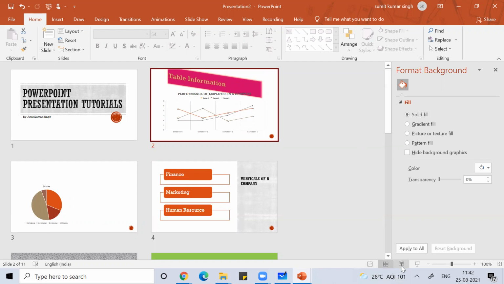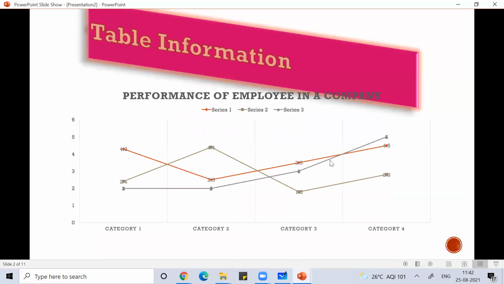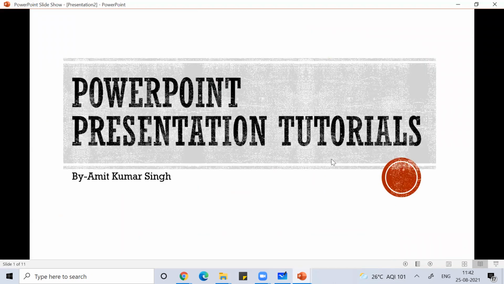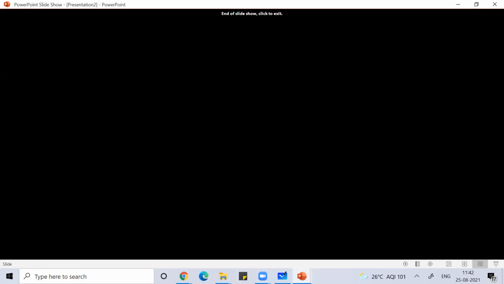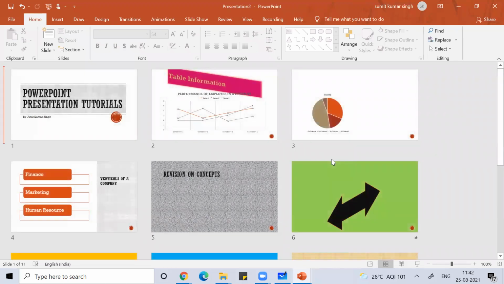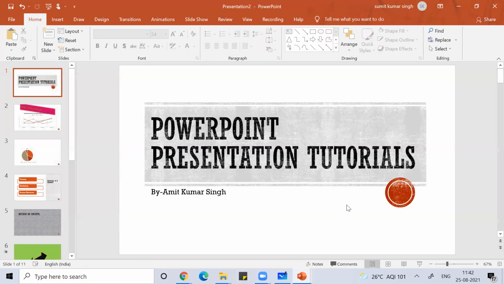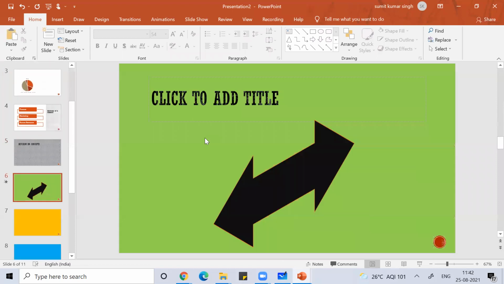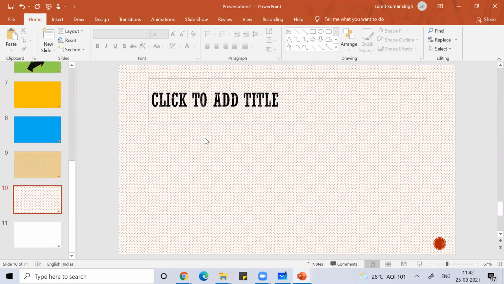Then you have a reading view. Then there is the normal view, the way we are working. These are the normal slides on which we are working.